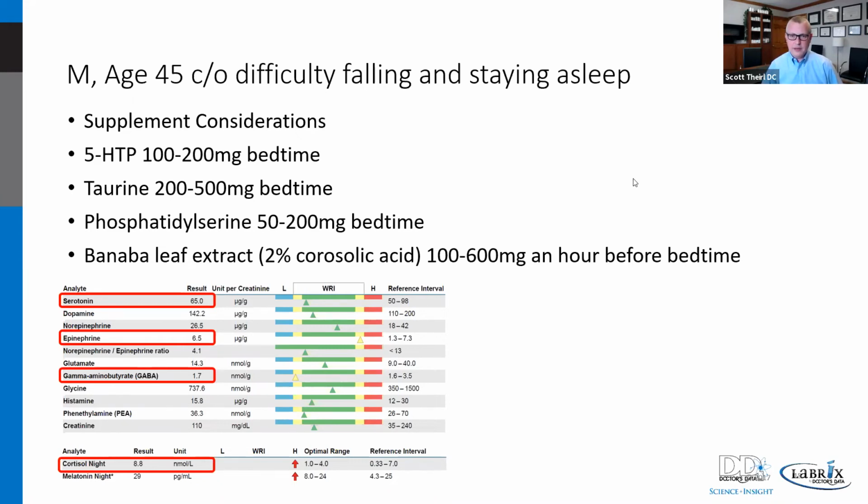Case one, if you want PEA to be higher during the day for concentration and focus, but slow at night, is it possible to add supplements in a way to accomplish this? If PEA is high at night, I'm assuming that you're doing the urine sample prior to sleep, do you want to lower the PEA and not affect concentration in the day? PEA levels, we may want to talk about this more a little bit later when we talk about excitatory